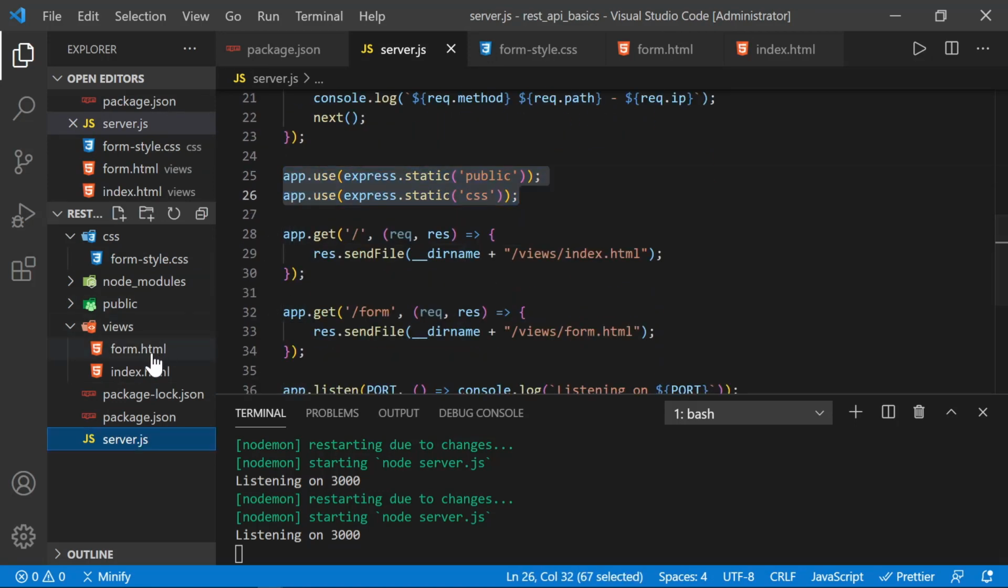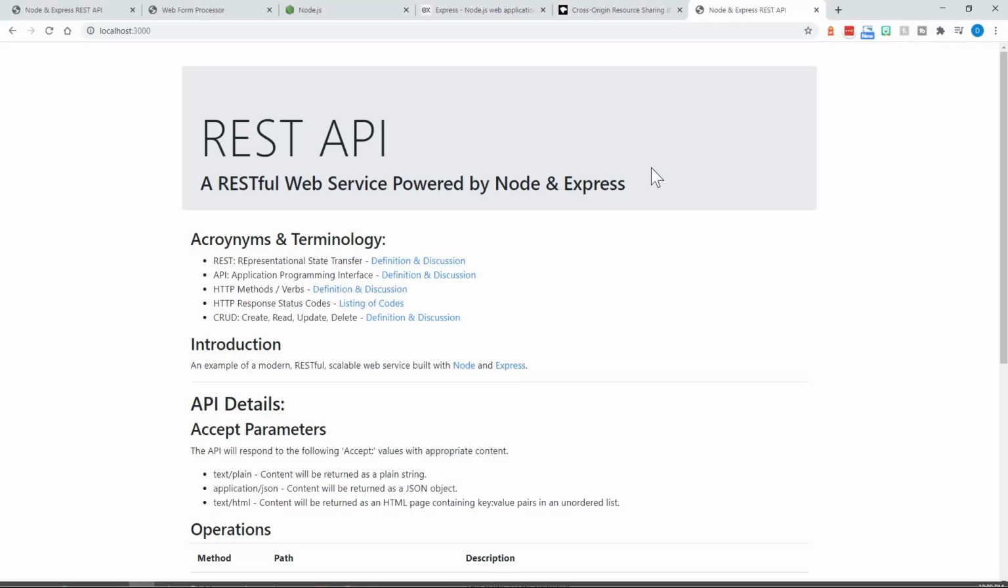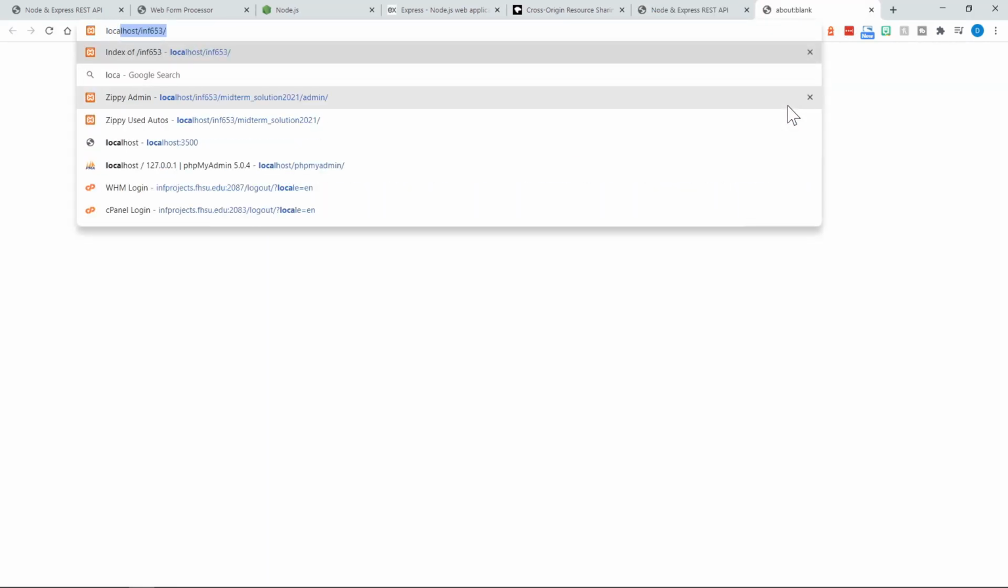And then in the form, we're just linking to /form-style.css. Notice I don't have to have two dots go up out of this folder into the CSS folder. It's just a static path as if it were already in the views directory. So we can just say /form-style.css. And if we go to the browser, I'll open one more page here. It'll be localhost